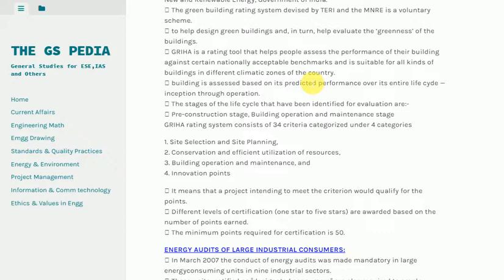Different levels of certification, 1 star to 5 stars, are awarded based on the number of points earned. The minimum points required for certification is 50. Energy audits of large industrial consumers. In March 2007, the conduct of energy audits was made mandatory in large energy-consuming units in 9 industrial sectors. These units, notified as designated consumers, are also required to employ certified energy managers and report energy consumption and energy